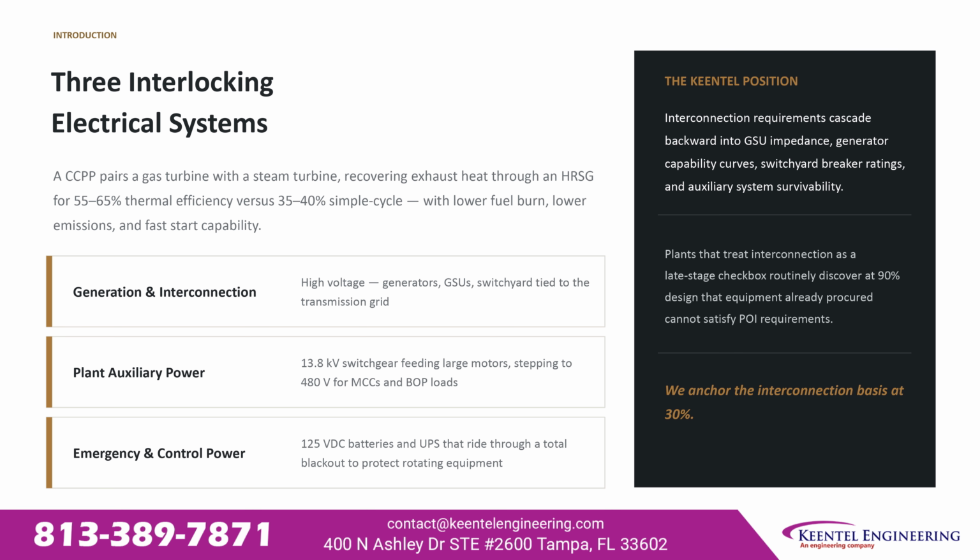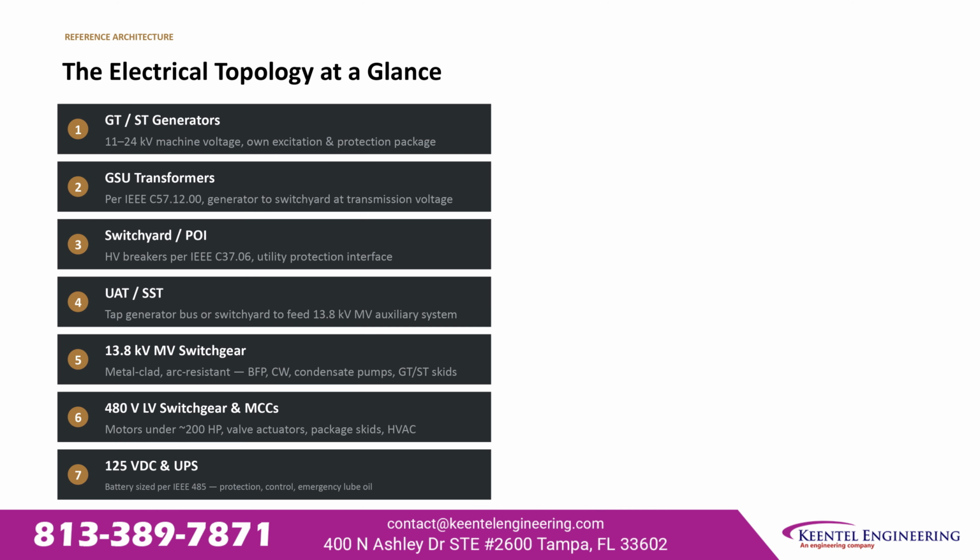Plants that treat interconnection as a late-stage checkbox routinely discover at 90% that equipment already procured cannot satisfy point of interconnection requirements. The reference architecture flows through 7 layers. Generators produce machine voltage at 11 to 24 kilovolts with their own excitation and protection packages. Generator step-up transformers, per IEEE